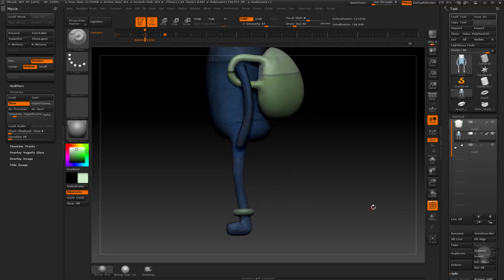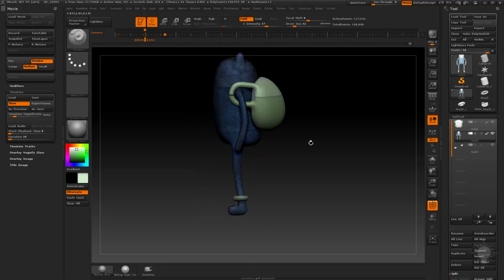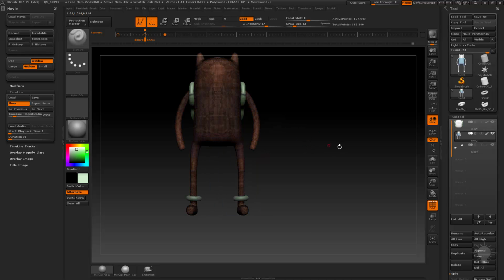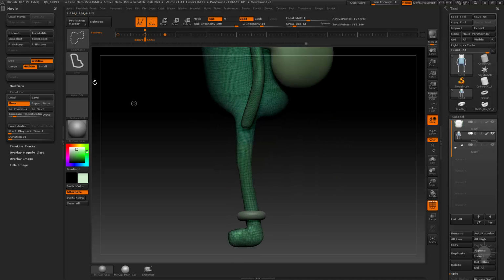So if I go into polyframe here, you can kind of see his Polypaint, but he's all, let's hit Control W. He's all one poly group. Let's see if I can make a bright one. We'll do green. If we hold on Control Shift and we go over here to Slice Curve,